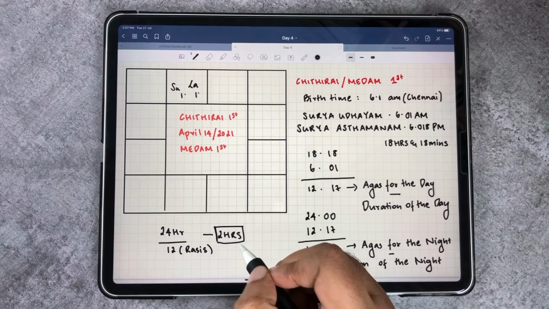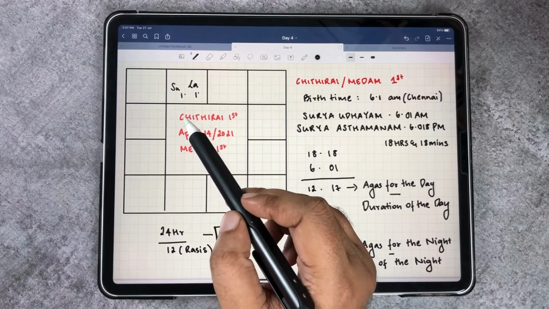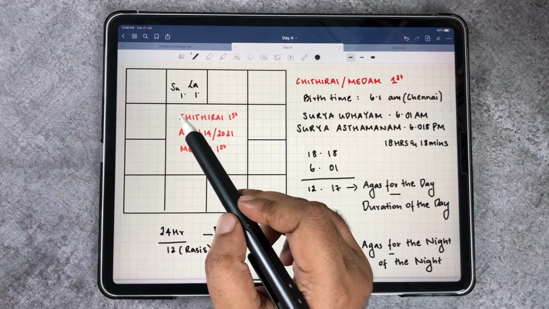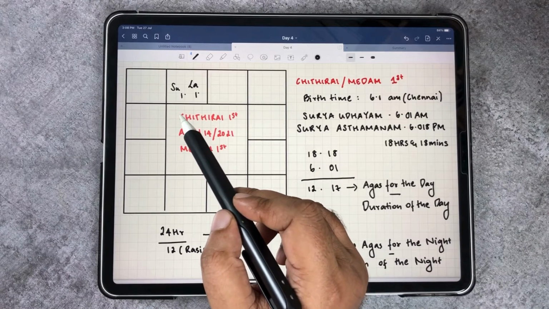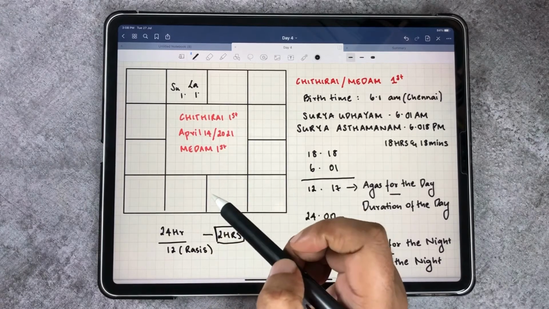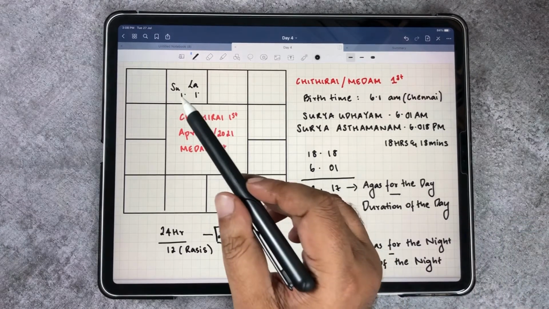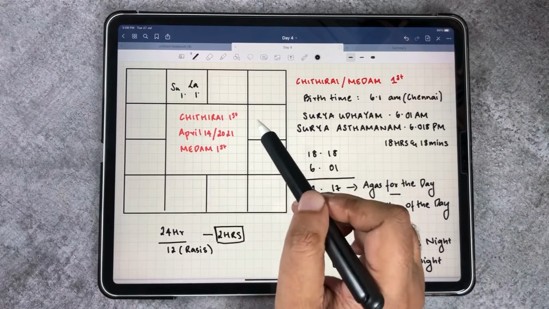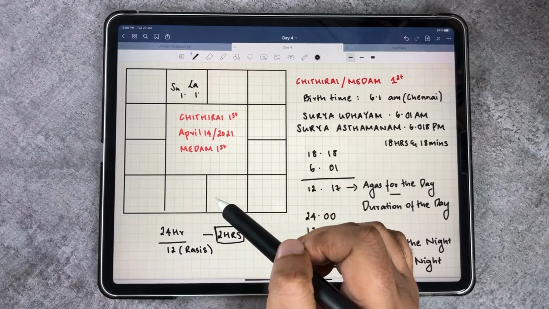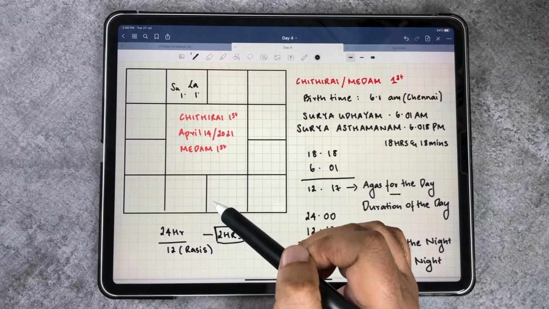This is approximate only. So at 6:01 am in the morning, where would the lagna start? It would start from where the sun is. So sun is in Chittarai. So the lagna would be where? It would be in Mesha Rashi. So during sunset, that is 18 hours, 18 minutes, where would the lagna be? It would be in the direct opposite to where the sun is. So direct opposite is 1, 2, 3, 4, 5, 6, 7. Direct opposite. So during sunset, the lagna would be in Tula Rashi. So it would be a Tula Lagnam.